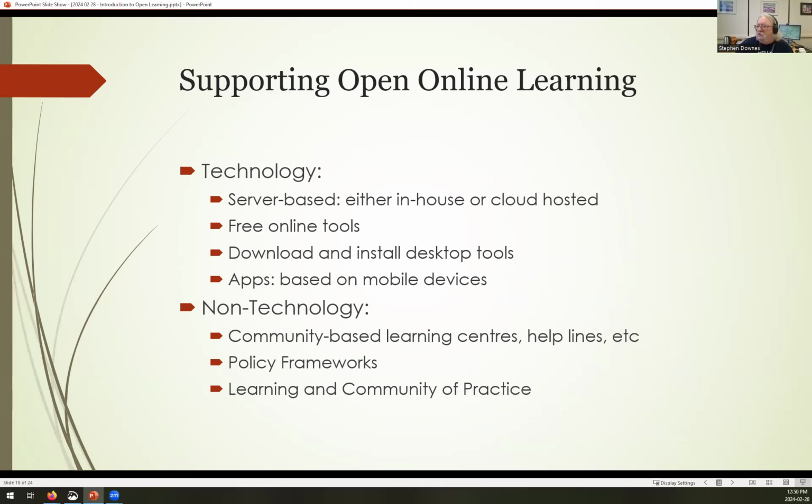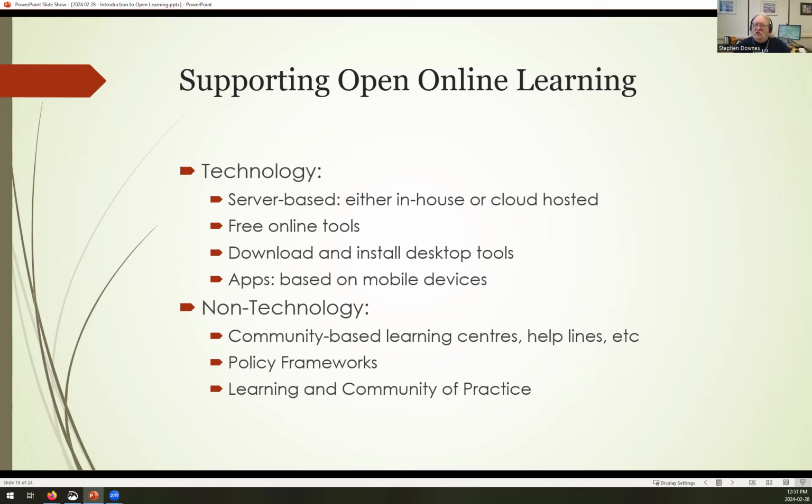Free online tools, like those interactive tools that you can use to put text on an image and then download the image. Or there are tools you can download and install. Audacity, for example, is a tool that you can use to record and edit your own audio. That's an application you download and save for yourself. Or mobile apps. And I'm not really big on mobile apps.